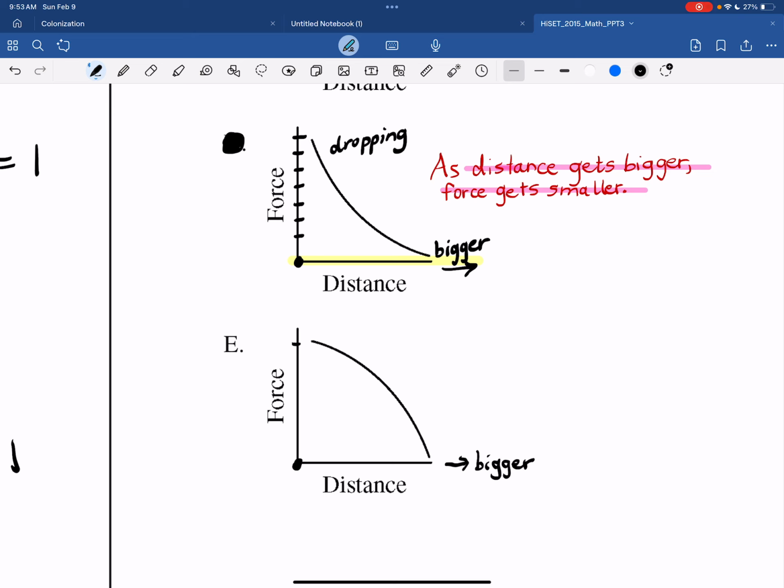Force is coming down as distance runs out to the right. So force is falling. The problem is that the shape of the graph is wrong, and I'm not going to go into this in great detail for risk of confusing you. Let me just say this. I would expect